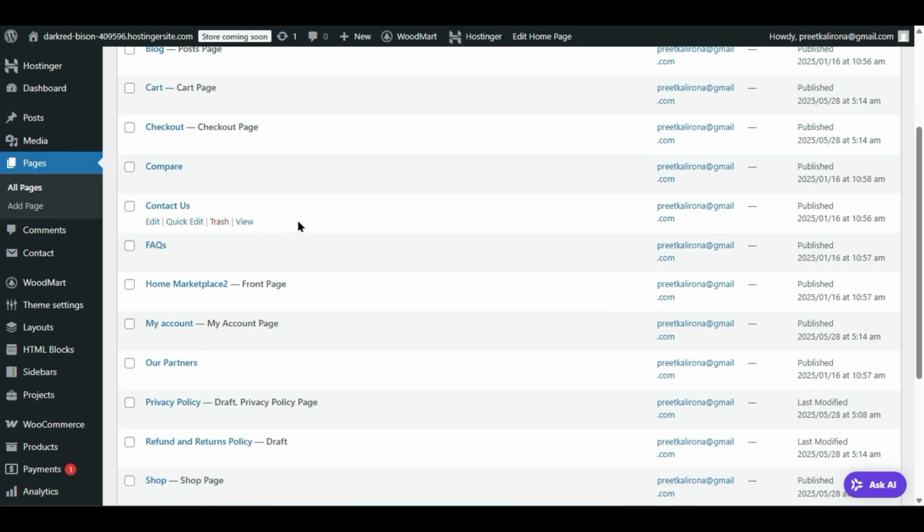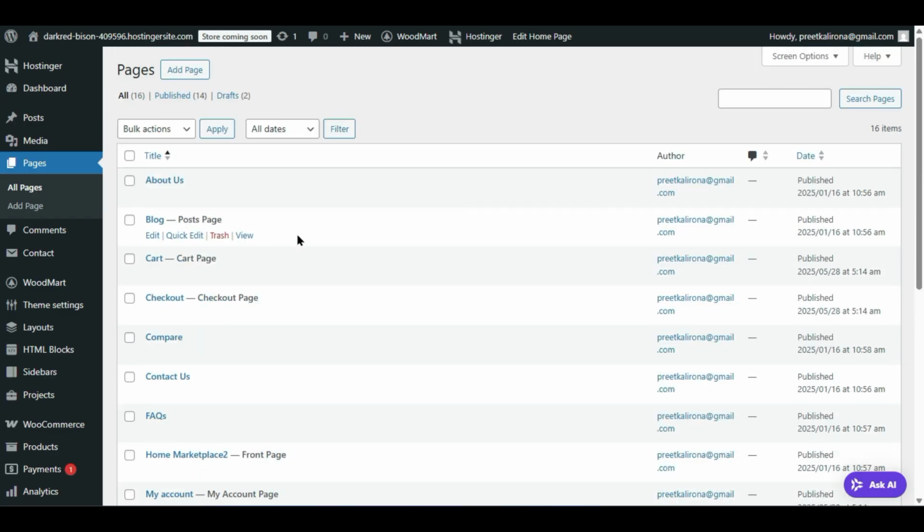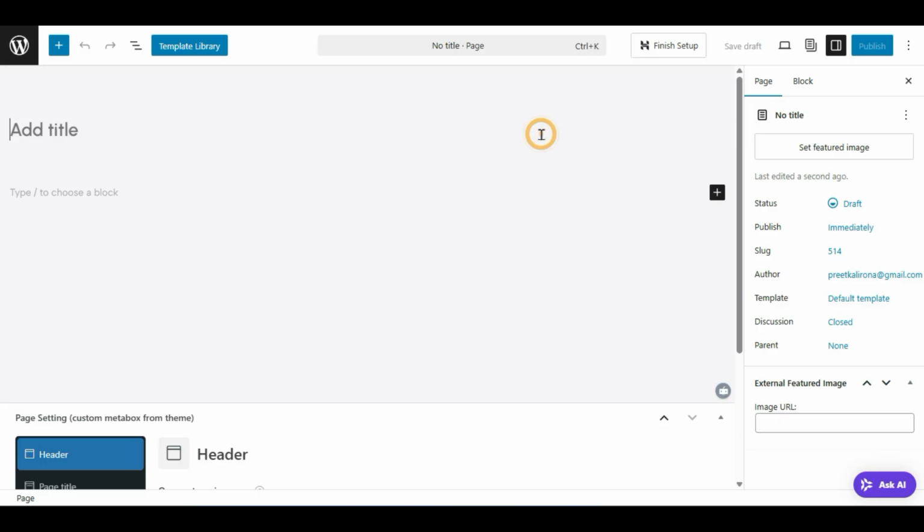But if you need to add any new page, if you want to build a new layout for your website, you have to click add page. Then you will be able to build your page using the WordPress block editor, Gutenberg, because we chose Gutenberg. Now this will bring you to the Gutenberg block editor area, where you will be able to create a new page. If I cancel here, you will see one option here. First, let me name it. If you want to add a new page on the website, for example,